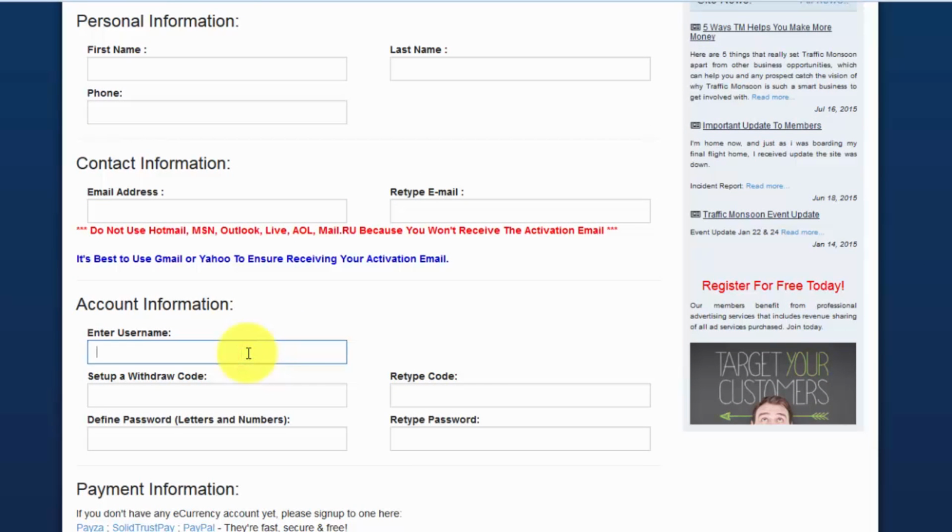Your username is important. Try to use your first and last name if you can. If not, try to use something that is easy for people to spell, because when people call you because they want to join, since you referred them, you always need to make sure your name is easy to type and easy to remember. So type a good name here for your referrals.